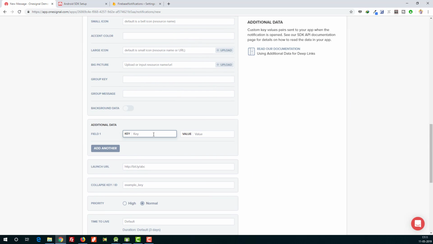So this is a key and this is a value. The key must be pre-coded inside your Android Studio, otherwise the app cannot do anything with this key value. So I am giving it here name, right? I'm sending the name as Karthik.